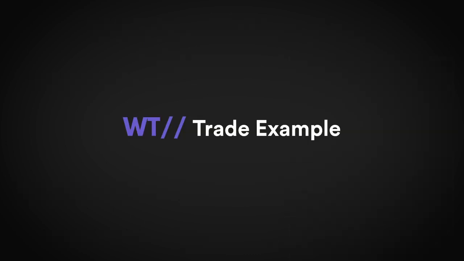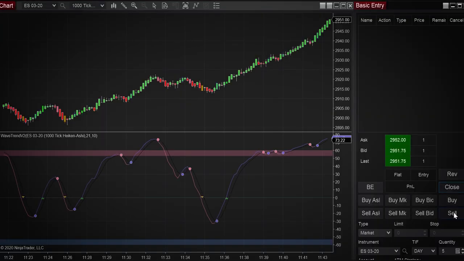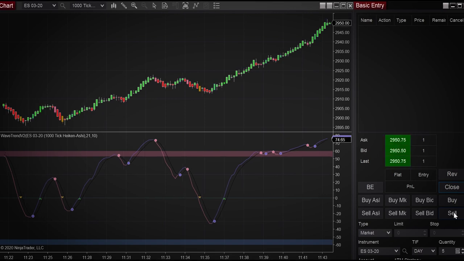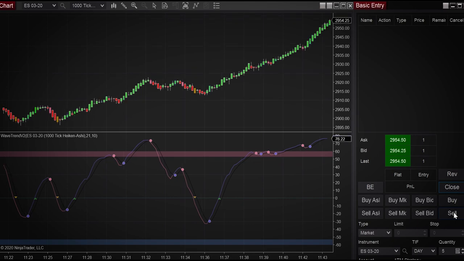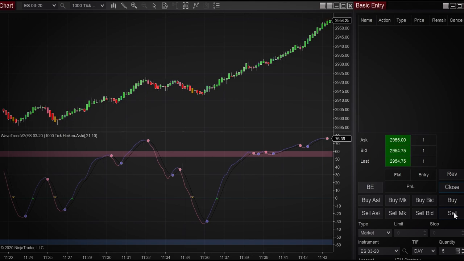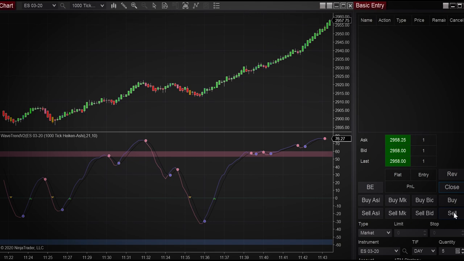So now let's go through a trade example using the WaveTrend indicator. So here's an example trade from 2/21/2020 trading the E-mini S&P 500 contract. This is at 11:40ish a.m. and we'll make around 11 points in profit. And this is a simulated trade. It's not using any system. It's only designed to show you what a reversal and what the WaveTrend indicator might be able to show you